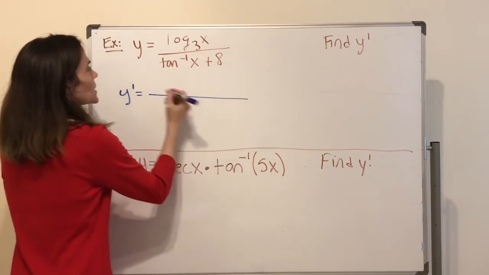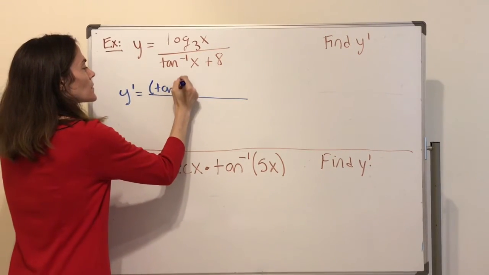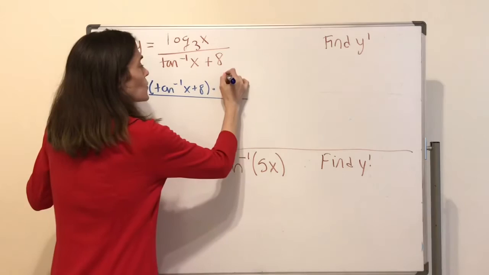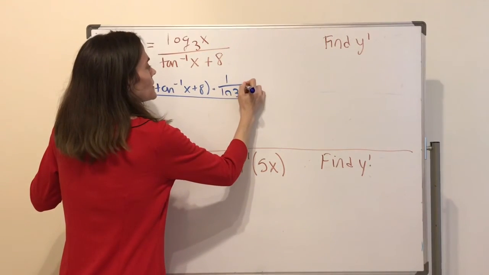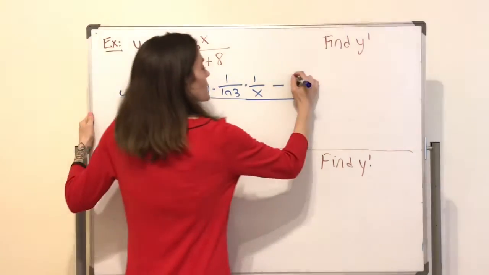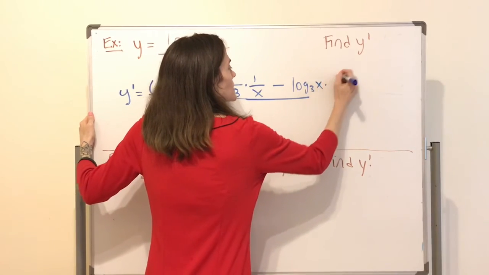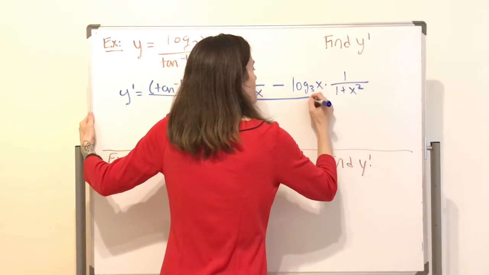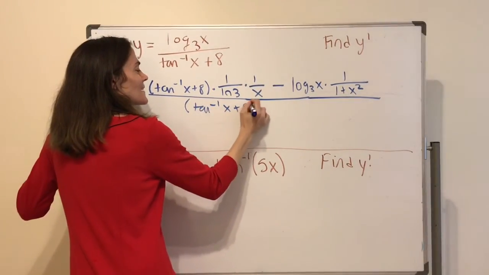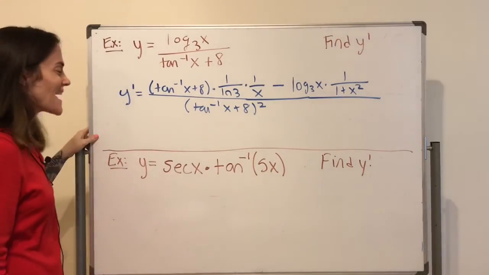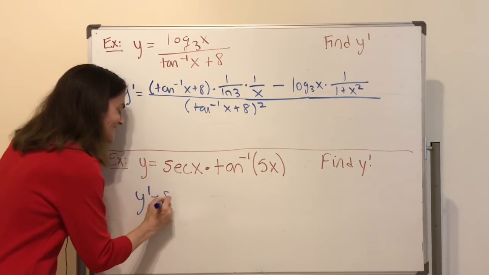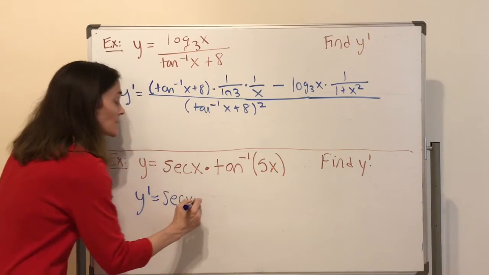Y prime, we take denominator times derivative of the numerator, and this would be 1 over ln 3 times 1 over x, minus the numerator times derivative of the denominator, and then all over the denominator squared. Okay, and finally this one, product rule, we have first